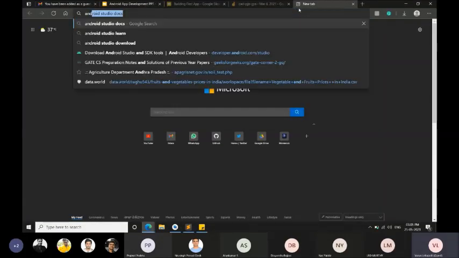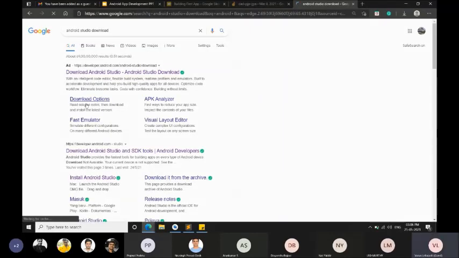So the first step for downloading this is that just type Android Studio download in Google. After you type it, go to the second link, Download Android Studio and SDK tools. Click on that link.